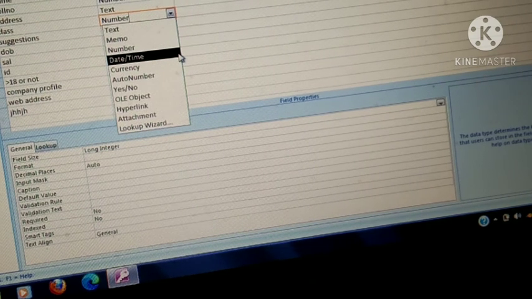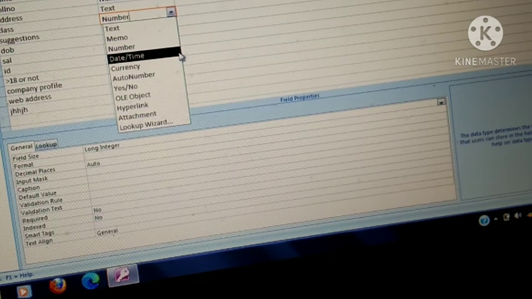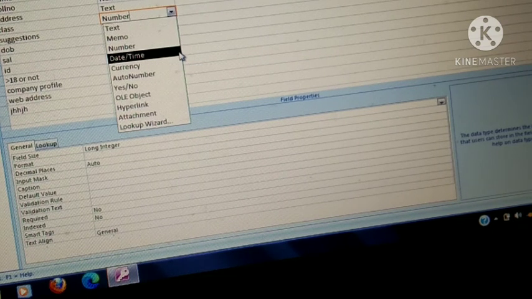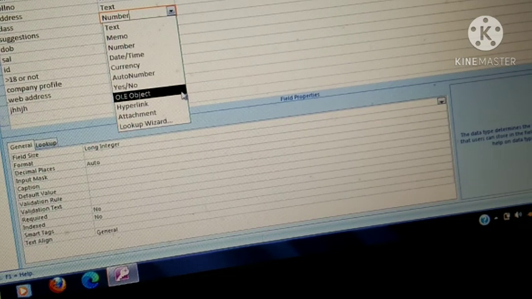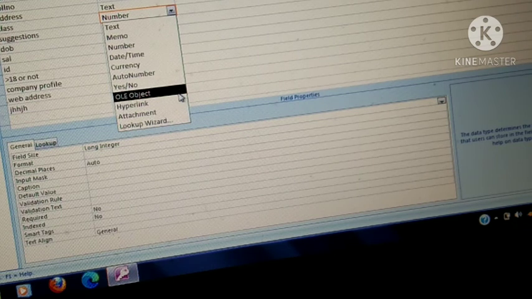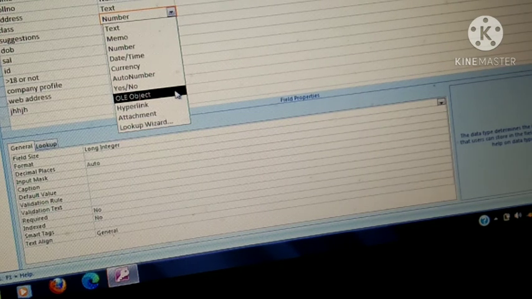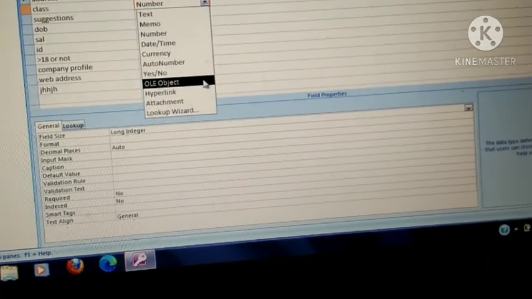Yes and no: if you want your answer in yes or no, then you will use the yes and no data type in that particular field. OLE object and attachment, they both work the same. Their function is to save an attachment from any particular file. I want to save one Word file, one Excel file in my database, then we will go through OLE object.